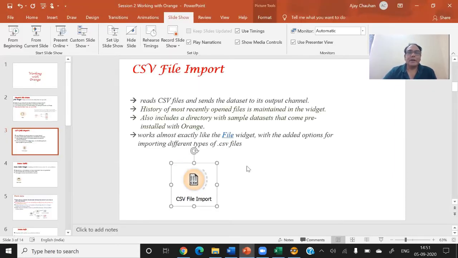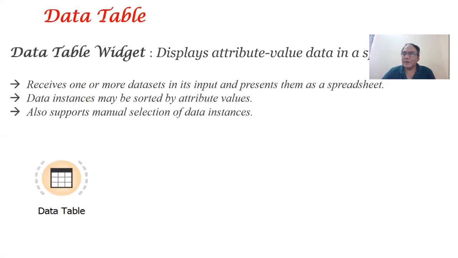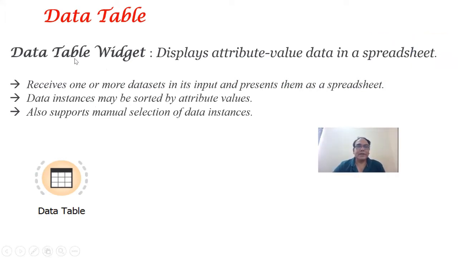Okay, now the third icon which I want to discuss is my data table. Because after downloading the data, after importing the data, we need to see the data. So how the data looks like, and this is the simple option of this data set, like data table widget. Widget, I hope you understand, is simply icon. It displays attribute value data in the spreadsheet, and we can connect this data set with the file or the